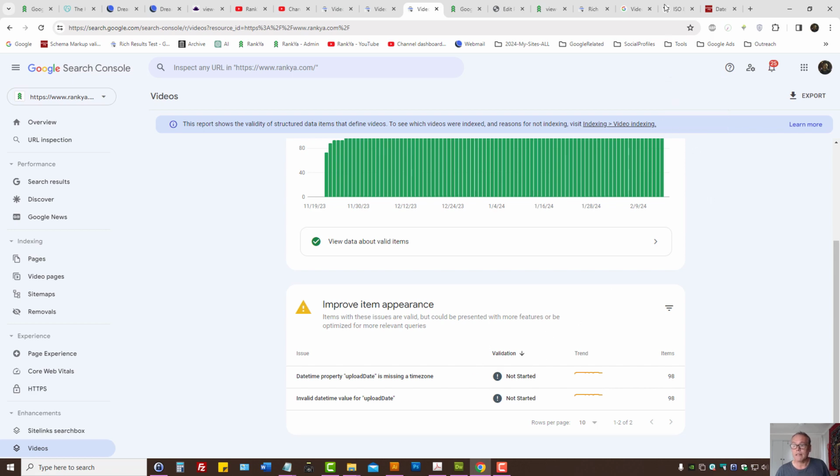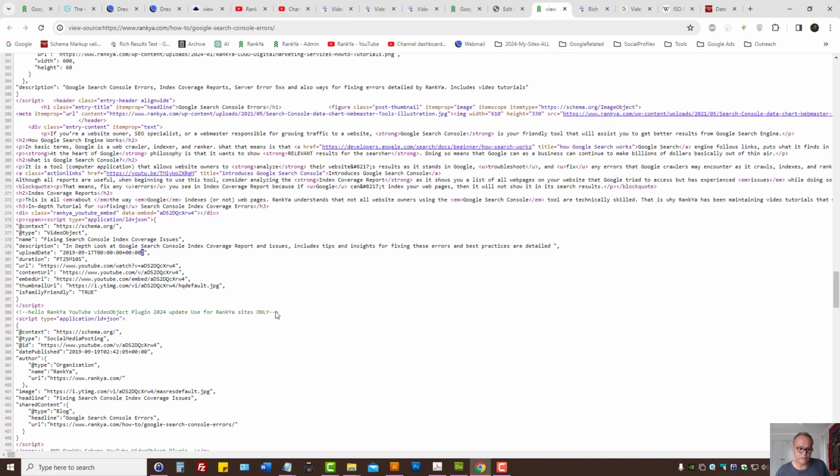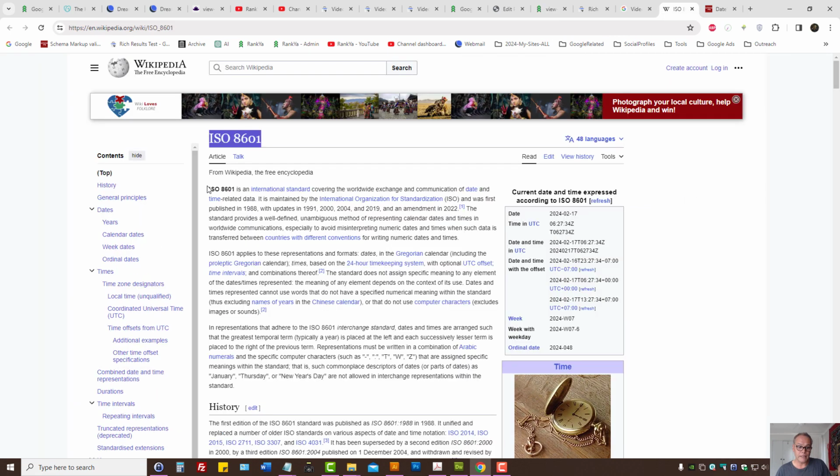But since we want to fix it, as I've said to you, you can basically place Z for most websites that is using the standard time date format,